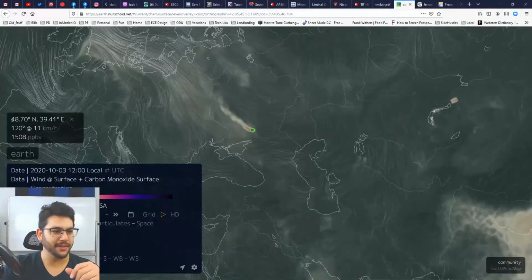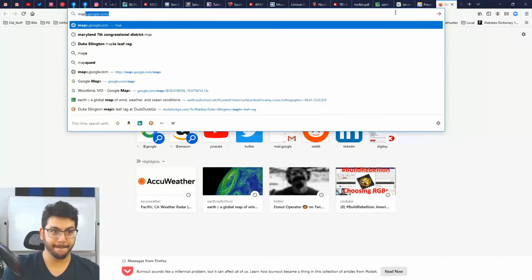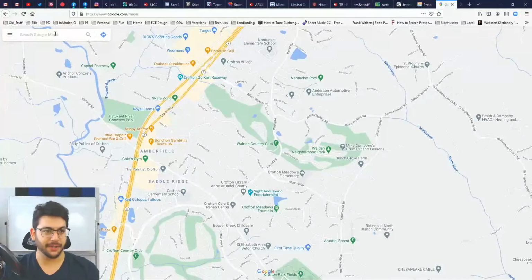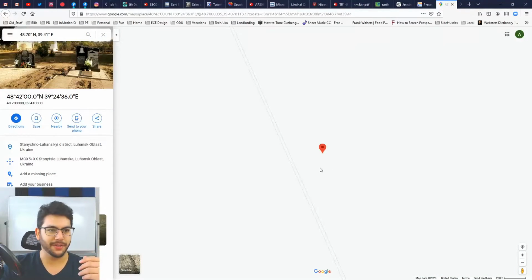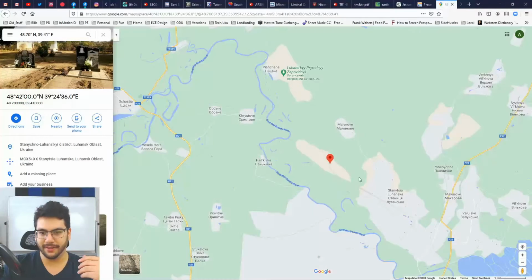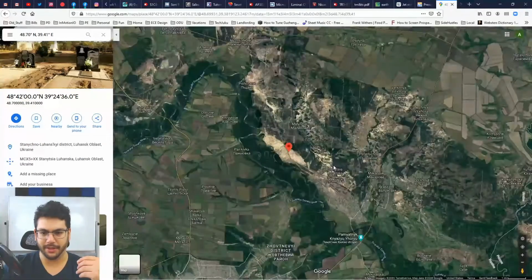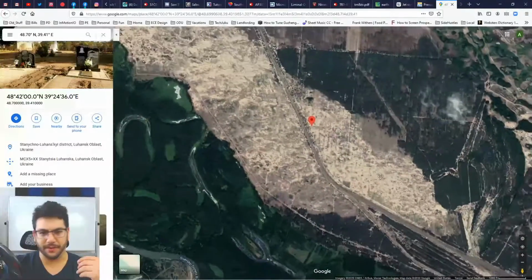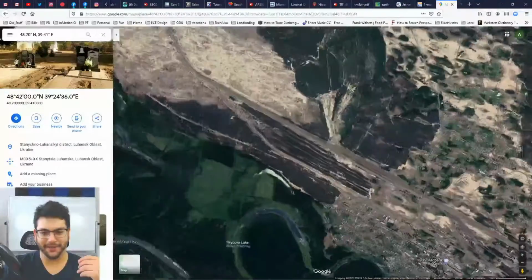If I were to punch this coordinate into Google Maps, let's go find that out. So a cool activity that you can do with your students is go and do some sleuthing and find out what are the different sources of carbon monoxide. You know, this, that, and the other. This is in the Ukraine. I don't know how to read Russian. So somewhere out in the middle of a field in the Ukraine, out in Oblast,